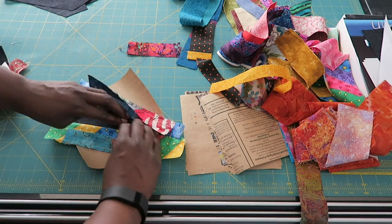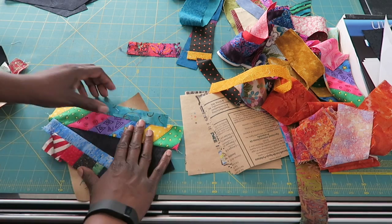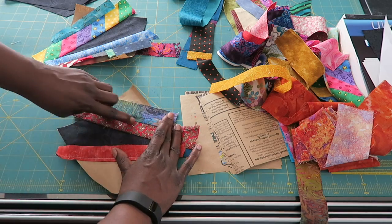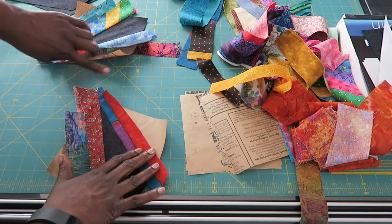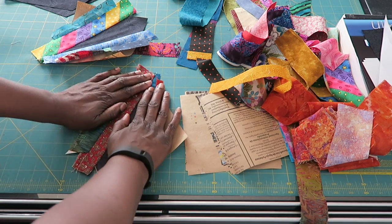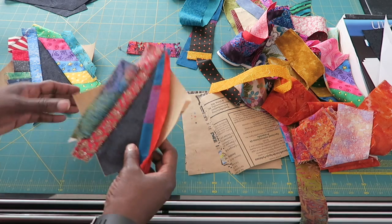So I have my pieces that I'm still finger pressing open. So that's my block 1. And here's my block number 2, finger pressing the seams open. And now I would like to stop and talk about technique on the blocks. I'm doing 2 different techniques on the blocks. On this first one,